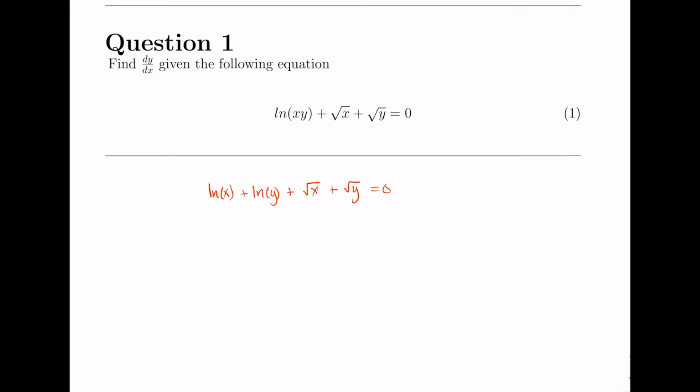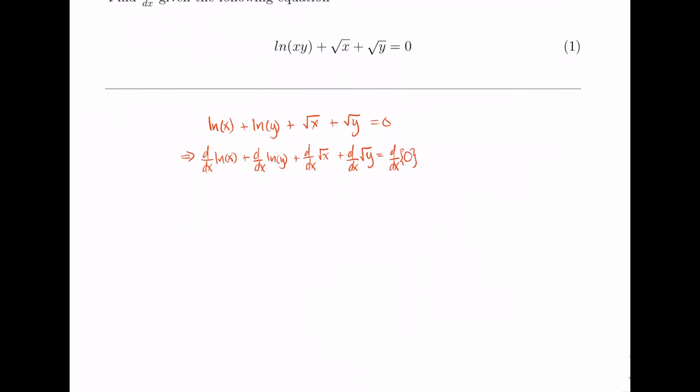This gives us d/dx ln x plus d/dx ln y plus d/dx square root of x plus d/dx square root of y equals d/dx of 0, which turns out to be 1 over x, which is the derivative of ln x, plus 1 over y dy/dx, which is the derivative of ln y, plus 1 over 2 square root x, which is the derivative of square root of x, plus 1 over 2 square root y times dy/dx, which is the derivative of the square root of y,